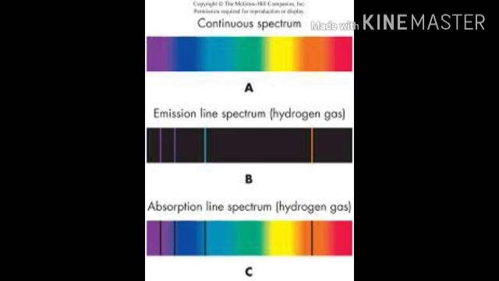Suppose when any gas is heated by passing thermal energy, the electrons will be excited. Likewise, by passing light on the atoms, electrons can be excited by absorbing photons. Once the electrons get sufficient energy, as in Bohr's postulate, they absorb energy with a particular frequency or wavelength and jump from one stationary orbit to a higher energy state. Those wavelengths for which colors are not observed will be seen as dark lines in the absorption spectrum.